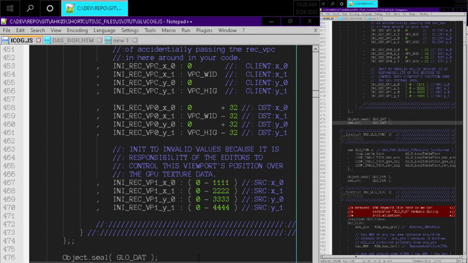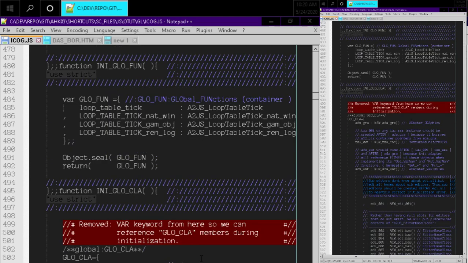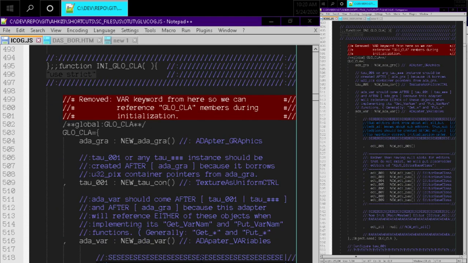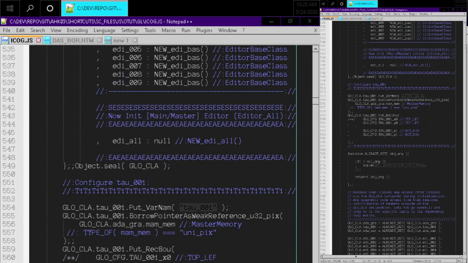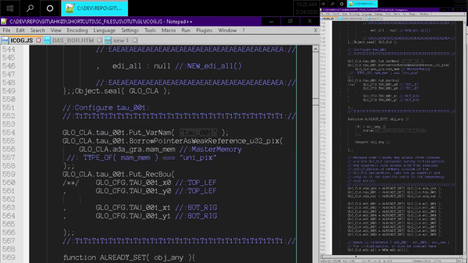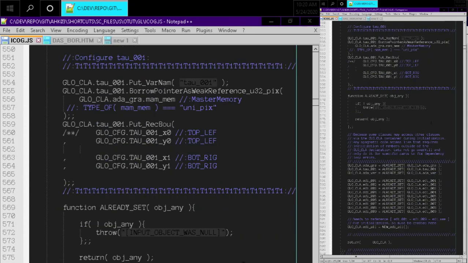Okay, let's keep on going until we hit 30 minutes. See, configure TAU001. I think we already went over this. Borrow pointer as weak reference. Right, so this is